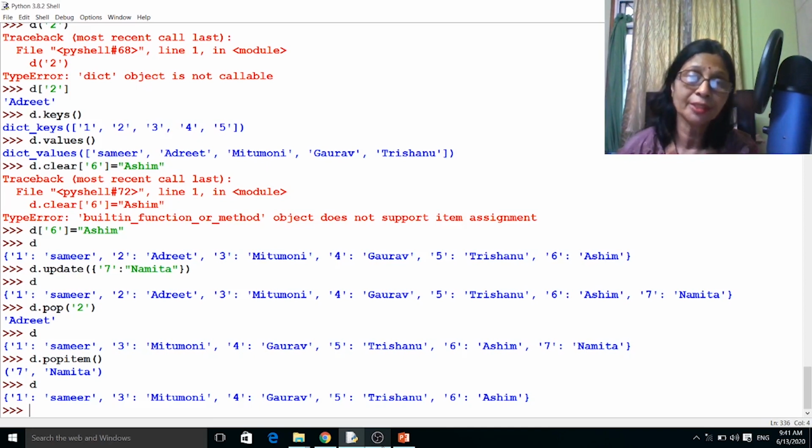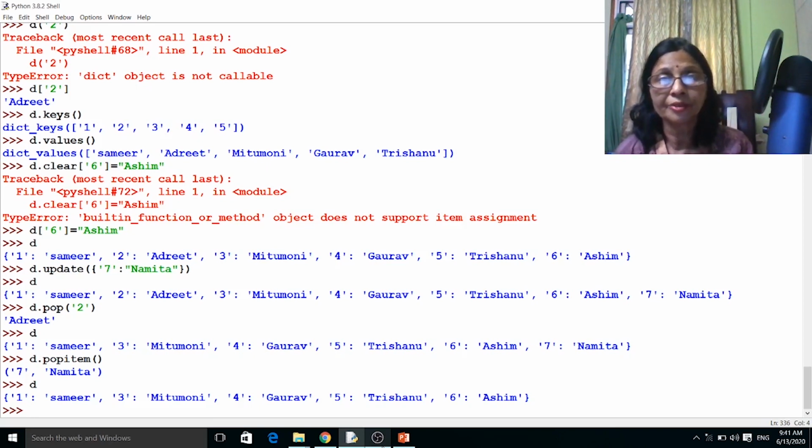In the case of stack, I will come back to stack and pop in the advanced section, where I will discuss stacks and queues. There you will learn what a stack is and the importance of removing the last value. So you learn that pop and popitem both can be used to remove an item. To remove a particular item we use pop, and for the last item we go for popitem.